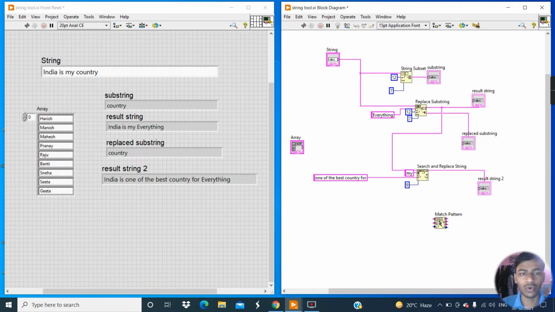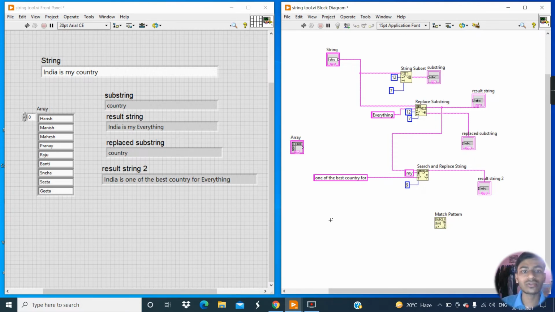Offset means what? From zero. And the regular expression will be a simple character or I can say word in the string. If this function finds a match with a regular expression in this string, then this function will give three results. The result will be before substring, match substring, and after substring.